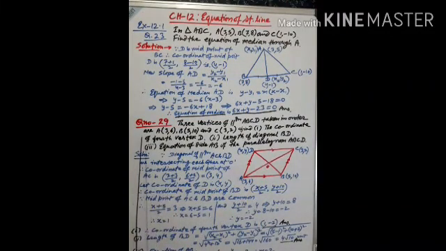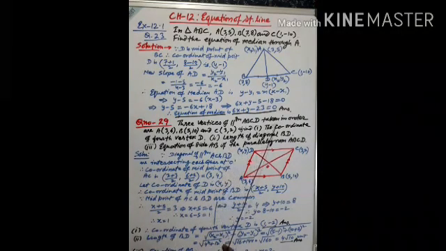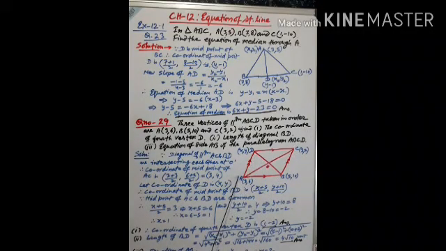Now let us solve question number 29. This is another type of question related to parallelograms. Three vertices of parallelogram ABCD, taken in order, are given. The coordinates of A, B, C are given, and you have to find the coordinate of the fourth vertex. Second, the length of the diagonal BD you have to find. And third, the equation of side AB you also have to find.